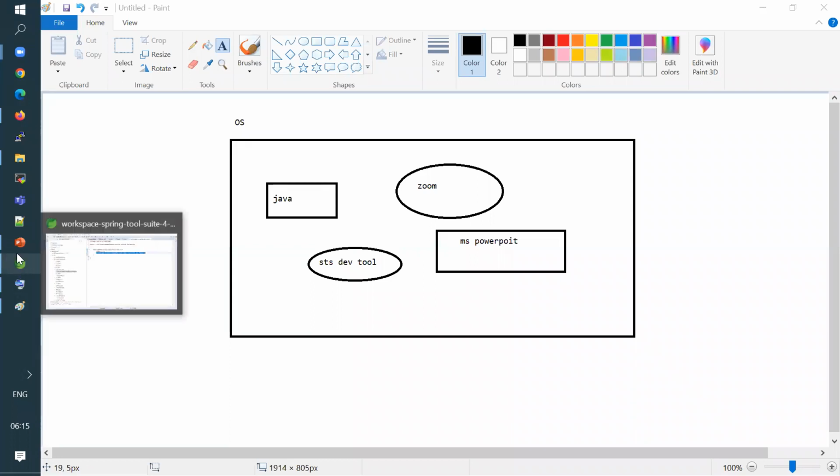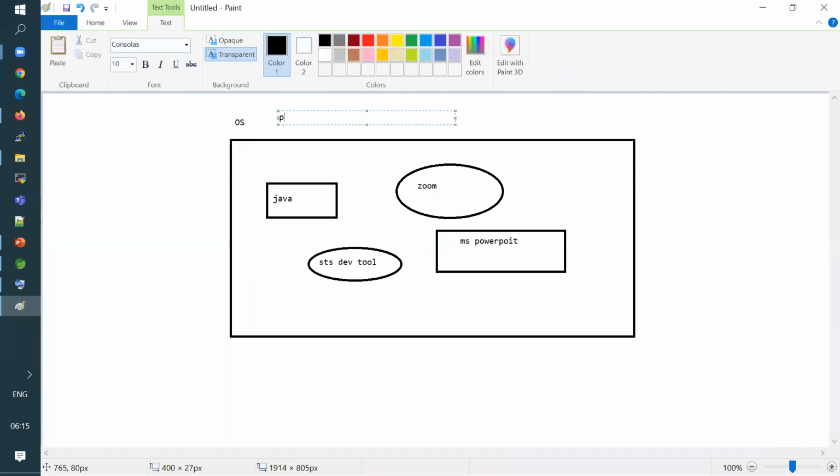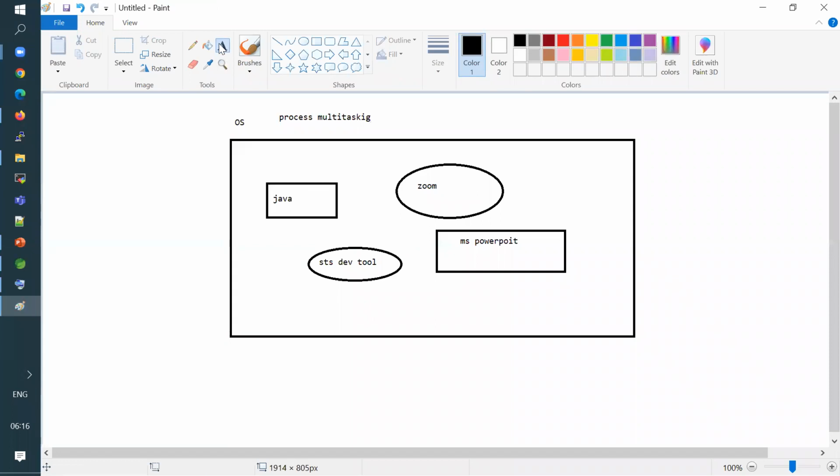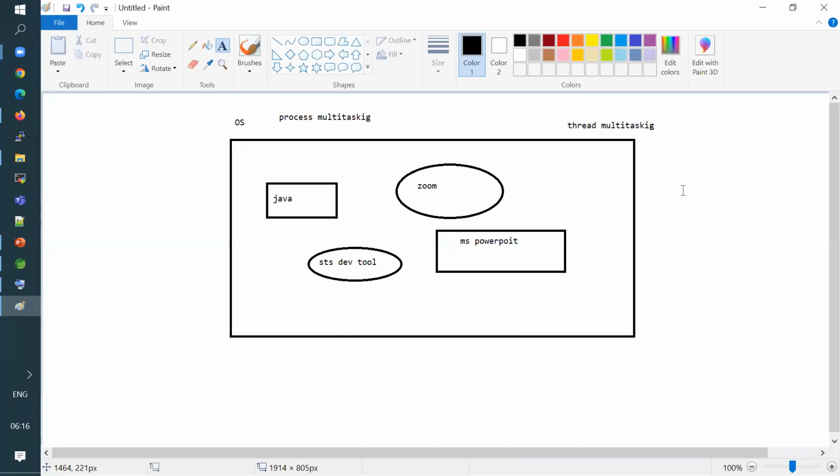So this is called process-based multitasking. But I said we are going to talk about thread-based multitasking. So what exactly is the difference?